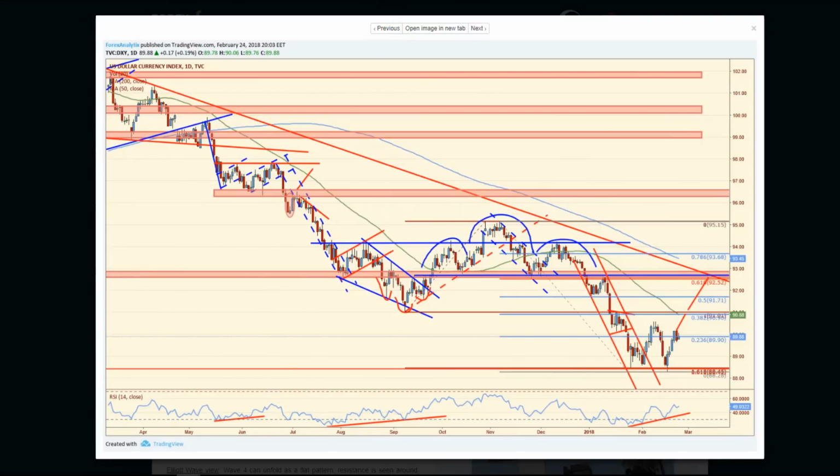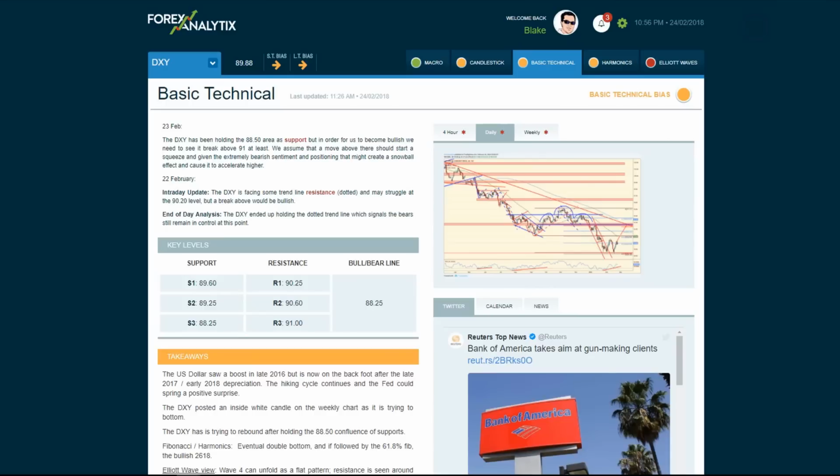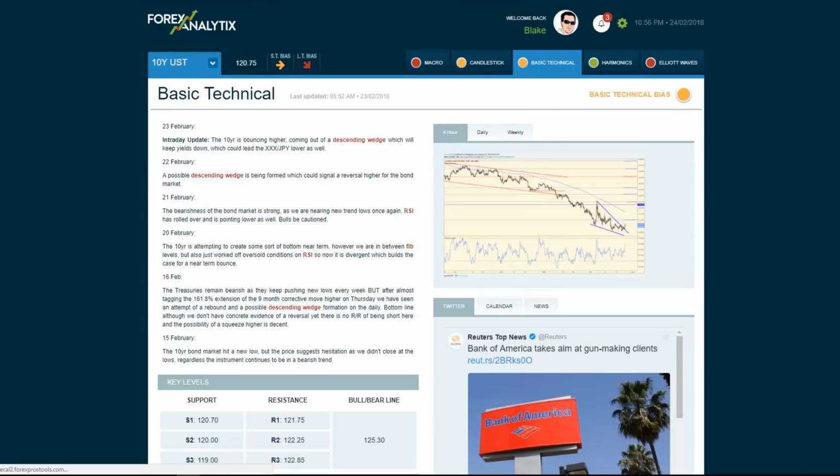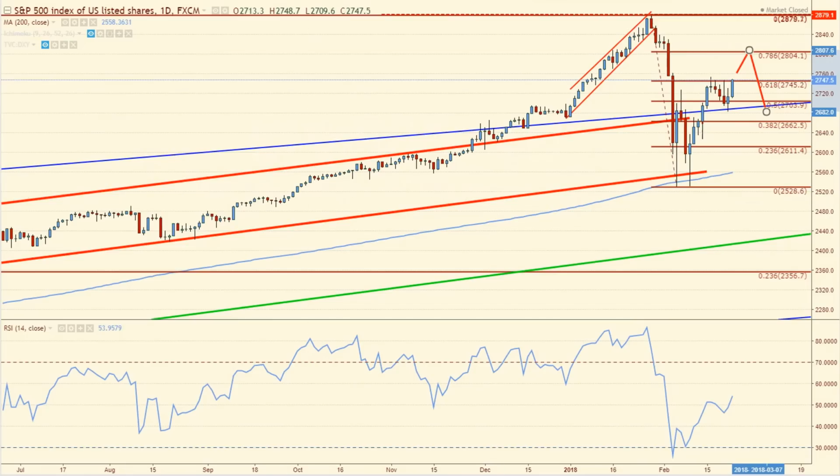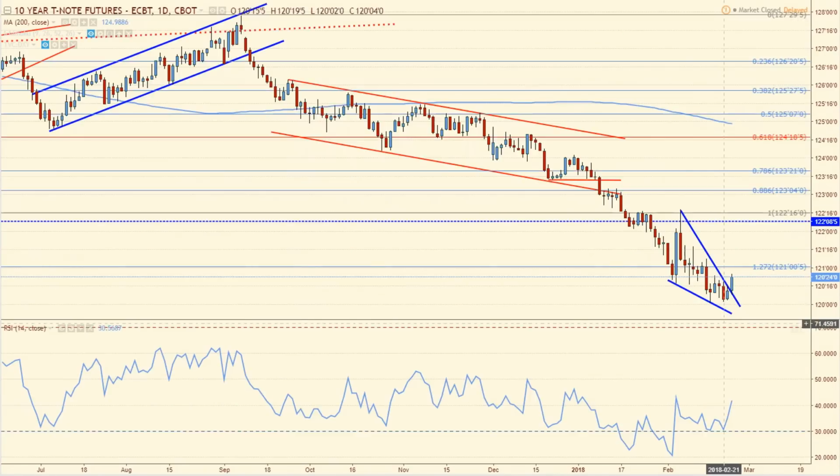Now, the one issue that I have with the dollar is, what if the bond market, and let's talk about bonds for a second, what if the bond market really starts to bounce here? If you look at the bond market and how it's shaping up, if bonds rally, I want to give you a live view of the bond market. You see the bond market really starts to rally. That means yields are coming down.